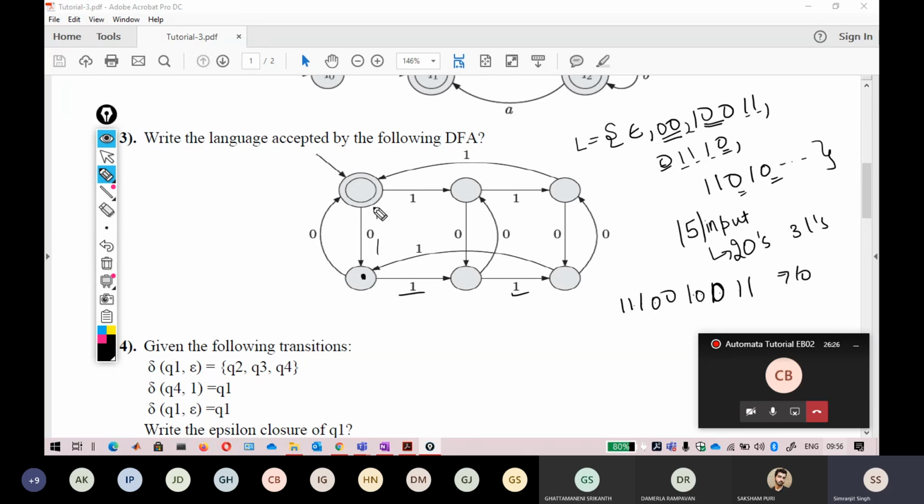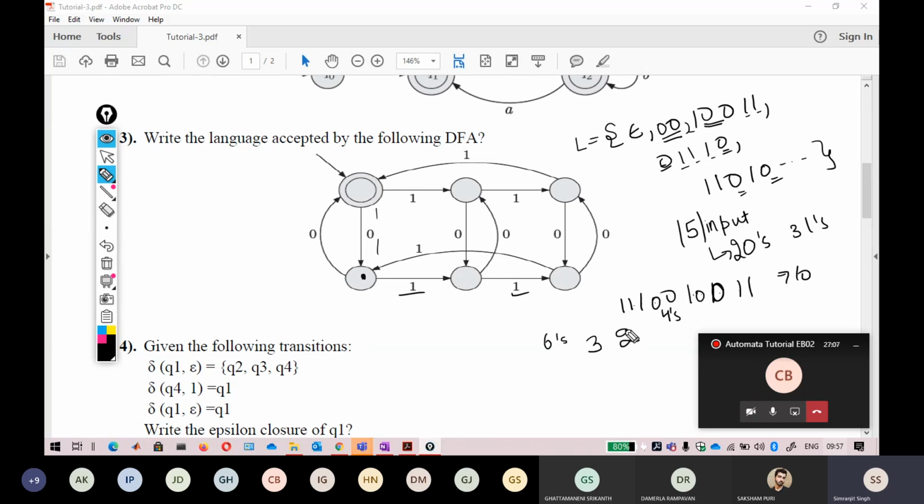Because this is an automata, it means that this is a finite representation of an infinite language. So you can go on for a little bit, and you can also increase the number of strings here. Okay, now if you see a 10 length string, the number of ones here is 6, and the number of zeros here is 4. If you clearly look at it again, you can find that the number of ones is a multiple of 3, and the number of zeros is a multiple of 2.